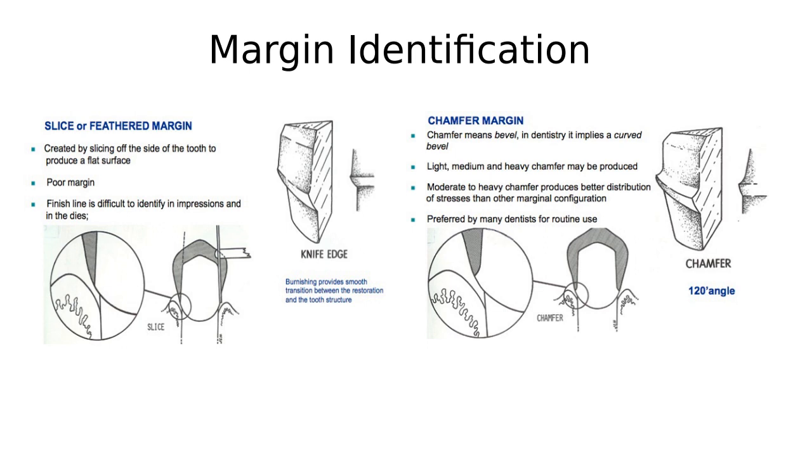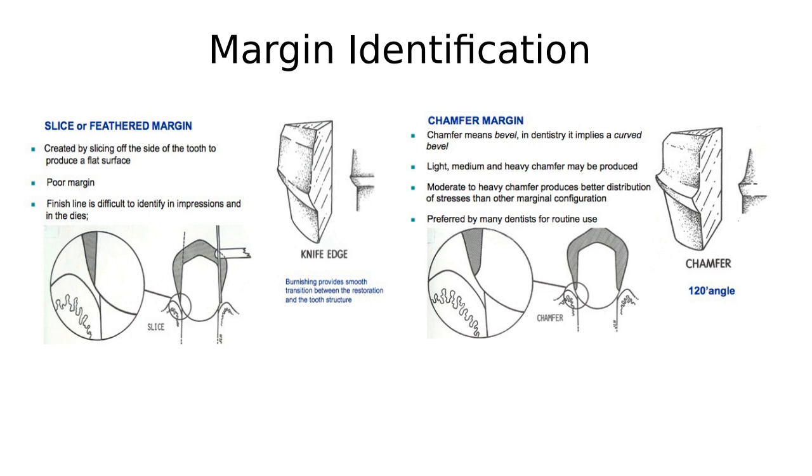Because the material that we use for the final restoration, even though it's a strong material, when it's very, very thin, it breaks. It's very brittle. It's glass-like material, so it can shatter very easily. So for this type of restoration, we rather have either a chamfer or a shoulder type of margin because that gives more